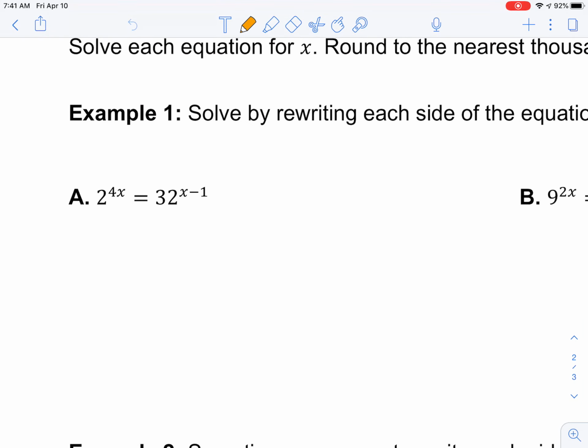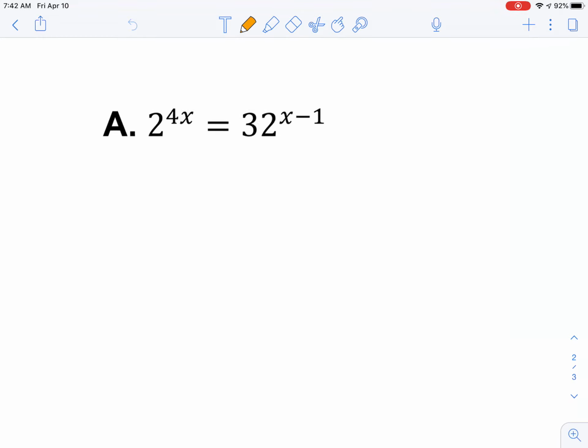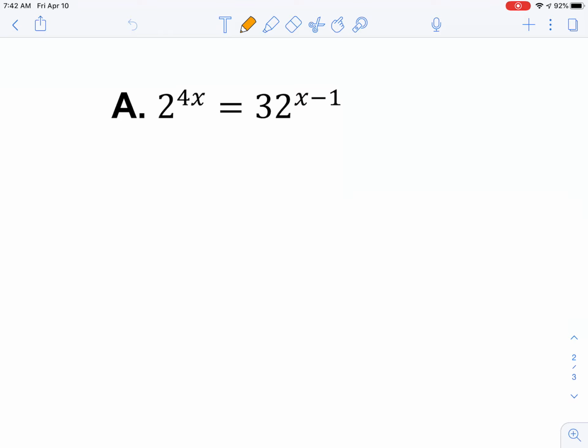If you look at the first example here, I hope you remember this from last week when we had to, actually maybe it wasn't last week, maybe it was the week before, it was before spring break, I believe, when we were solving exponential equations and you had to get the same base on each side. Remember that if we want to solve for x here, we need to get the same base. So right now, I'm going to rewrite the right-hand side with a base of 2. If I rewrite 32 as 2 to the 5th power,